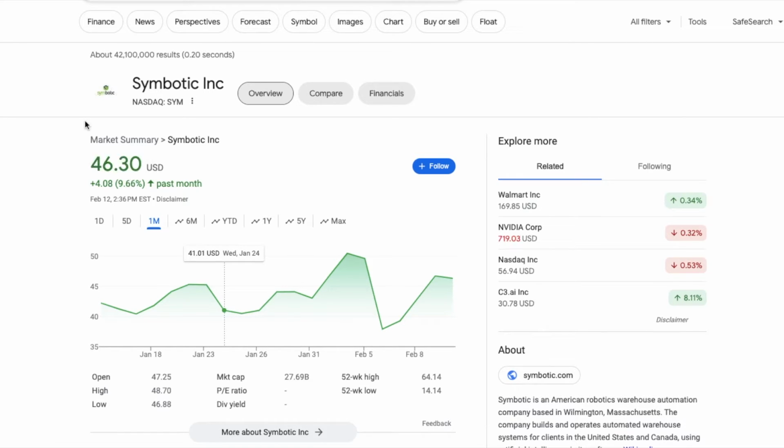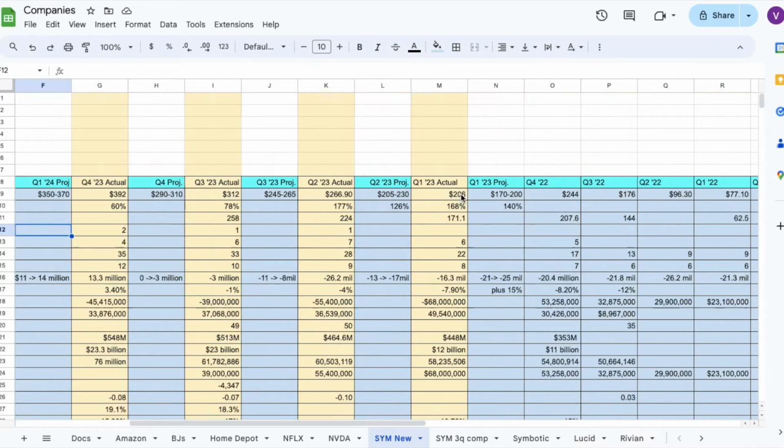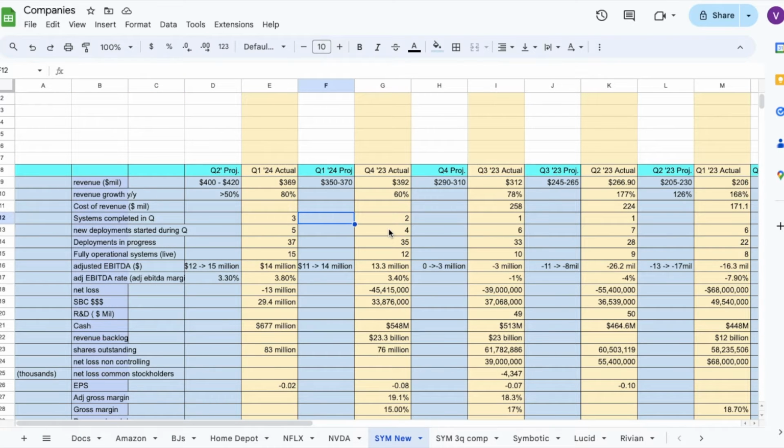Okay, so why is it valued so high? Well, what's maintaining the company's astronomical valuation? As you can see in my little chart here, I've been covering this company for quite some time. Got my spreadsheet going all the way back to Q4 of 2021 when the stock was under $10. What's been maintaining this company's astronomical valuation has been its astronomical growth rates, which if we just go back to this first column on the right, Q1 2023, you can see the company grew